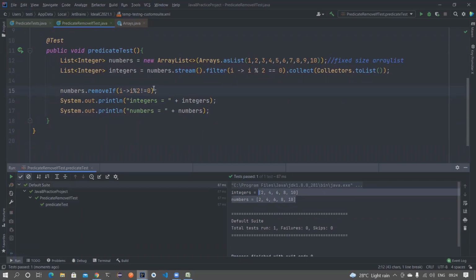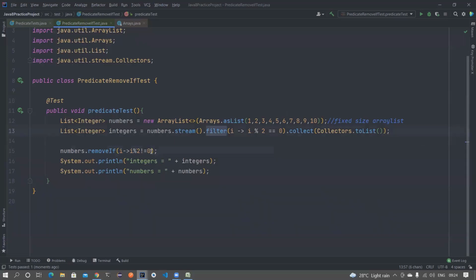Okay, what is the biggest difference? In the older way, we are opening a stream, we are filtering all those things, and then we are collecting it back again. So it's a little bit of expensive work, right? So again, predicate has a lot of advantages.